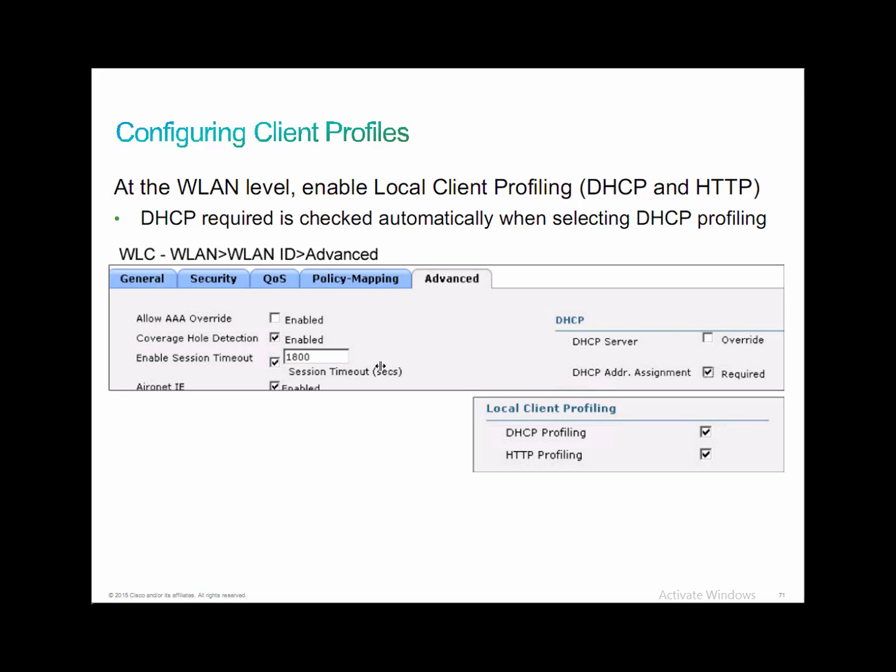So you go to Edit the Wireless LAN, go to the Advanced tab, make sure that AAA override is disabled. That's important. Check the boxes that you want. Am I going to profile this device based on DHCP messages, HTTP messages, or both? Go to Monitor, go to Clients, and this is where you can see that. So if I come in here,